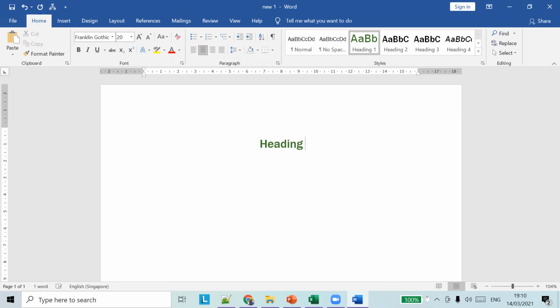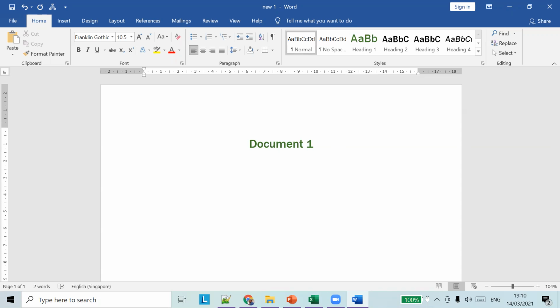If I type anything and choose heading one, automatically the theme gets applied here. So we created our own theme, and that is applied automatically.